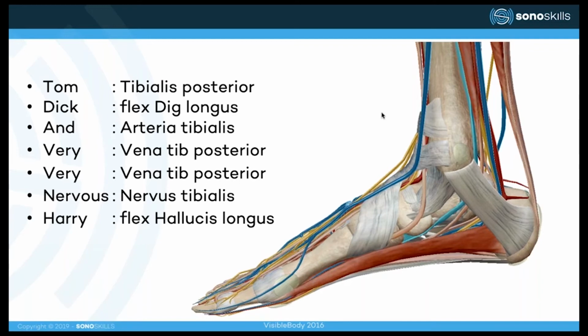Meaning that we can see from anterior towards posterior, the tibialis posterior, the flexor digitorum longus, the tibial artery, the tibial vein, there are two of them, the tibial nerve, and lastly, in the very posterior, the flexor hallucis